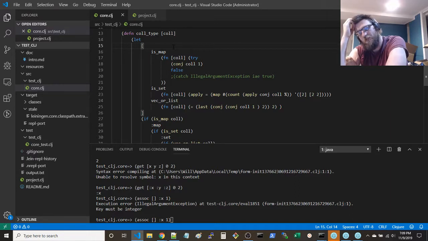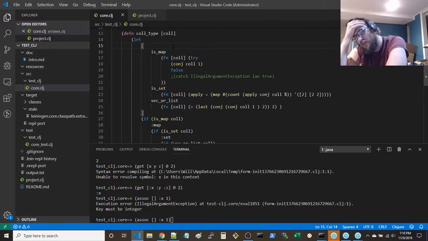What are things you can do with a hash map that won't throw, that you can use to determine that it's a hash map? Like, get is pretty good.